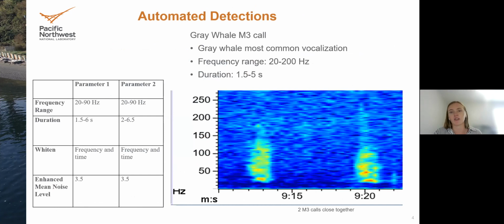They typically have a duration of 1.5 to 5 seconds, and this picture shows 2 M3 calls that were found in the data. This algorithm uses parameters that the user can specify depending on the whale call being analyzed, and it applies those parameters to sound files and singles out sections of data that meet those specific requirements. I created 2 sets of parameters, and parameter 1 was used on data sets that typically had less anthropogenic noise, whereas parameter 2 was used on data sets where there was a lot of false detections with a duration less